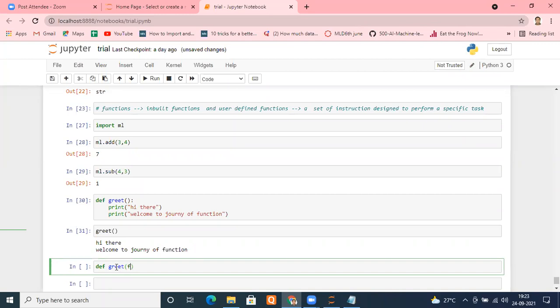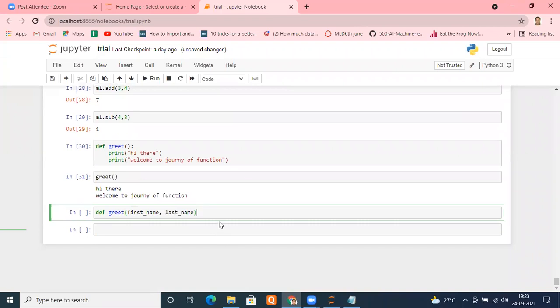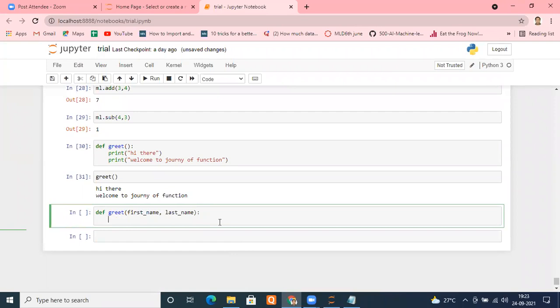For example, I put the first parameter to be first name. The user has to put first name, then he has to put last name. These two are now mandatory arguments. So when a user is calling the function, he has to enter them. Okay. Put a colon there. Press enter. And there is a very good practice, remember, whenever you are defining a function. Always write a docstring, meaning documentation string, in which you tell what this function is going to do.